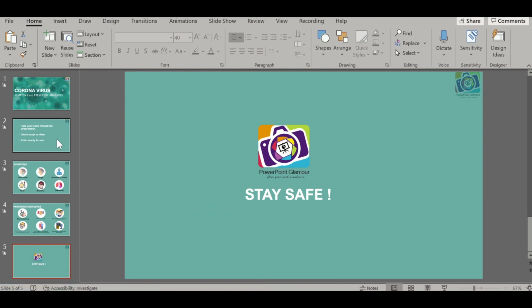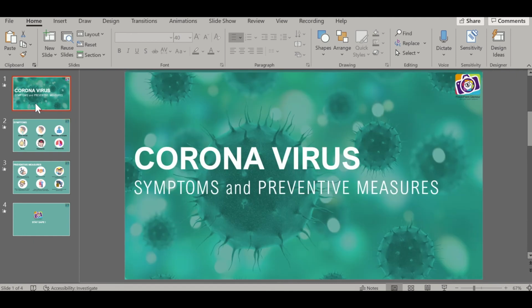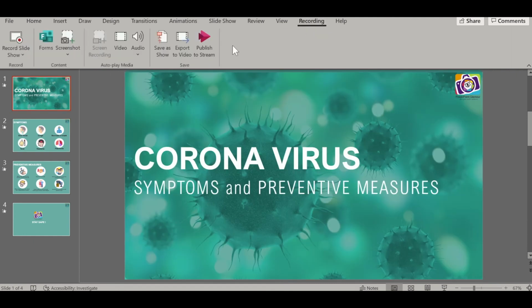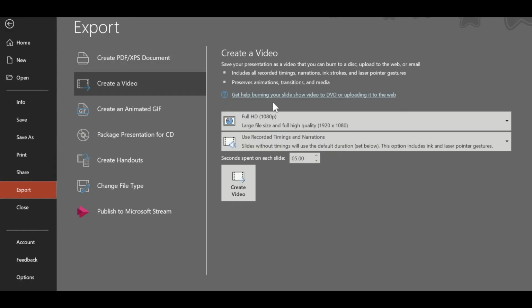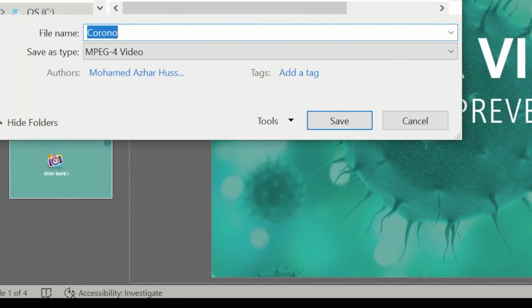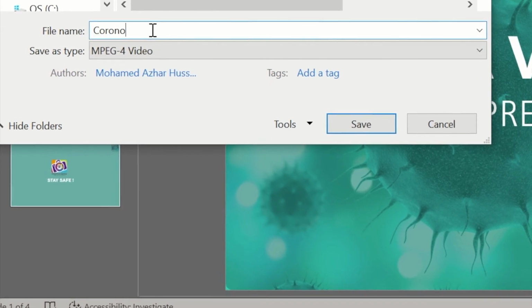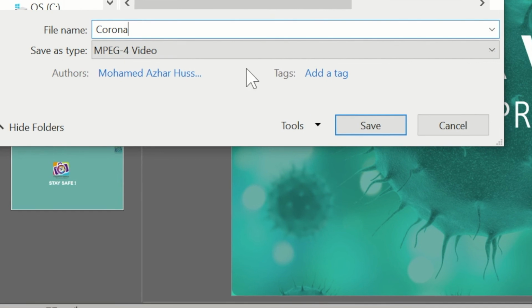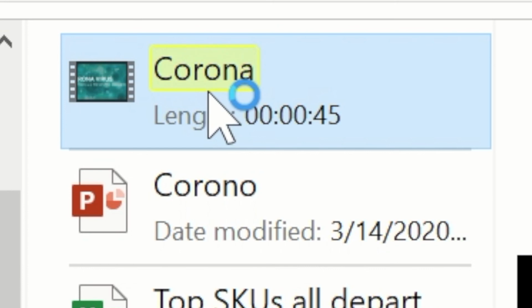So let's go ahead and see how we make a video for this particular slide. Let's go to recording and say export to video. Okay, let's make a full HD video. Then click on create video, then save it. Let me save it on the desktop here. So here, if you see, it is creating a video. Video has been created. When you open the video,